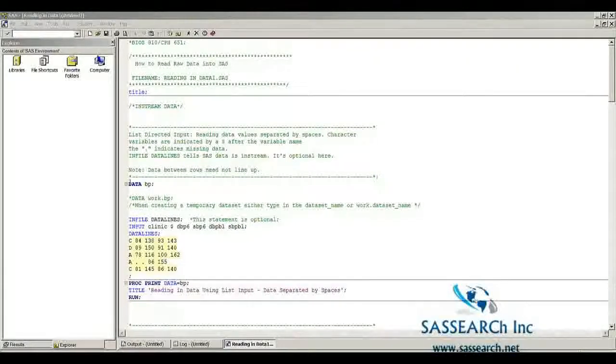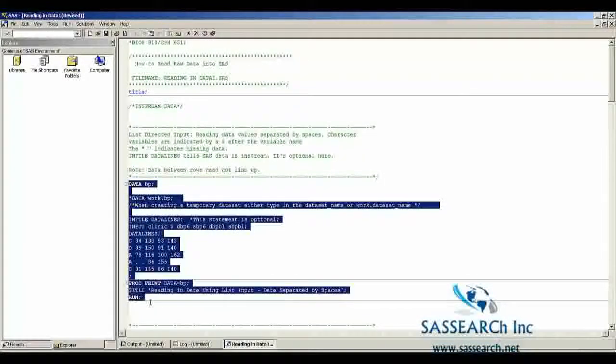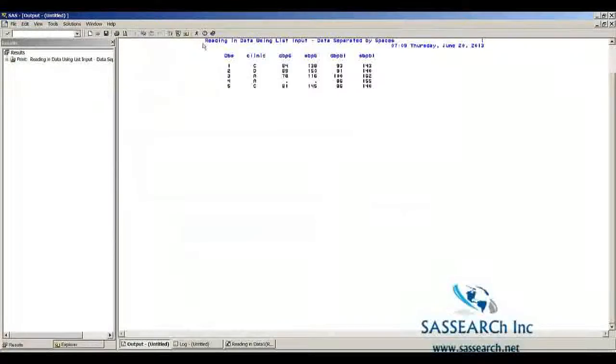So here I'm creating this data set called BP, which is a temporary SAS data set, and that means that the data set is only available during the SAS session. It's not saved as a permanent data set in some other location. So let's highlight this area, run this bit of code, and see what happens. Okay, so we see here that we have a printout of the data where I used the input